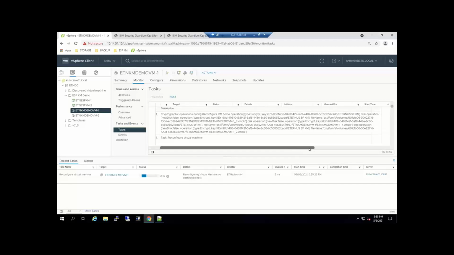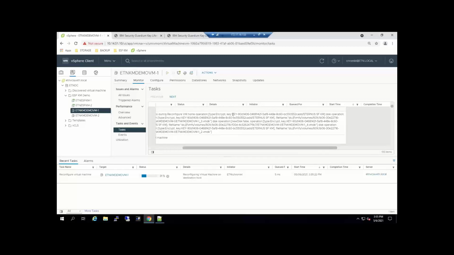And as you already see in the tasks, you can identify using which key the encryption is done. So up here, you can note the key name, key UID, and later on in the KM server, you will see that this key will show up.